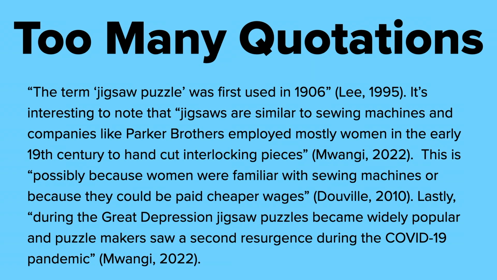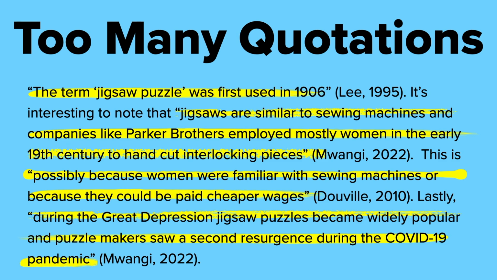So if you take a look at this paper here, it looks pretty good, right? However, if we start highlighting all of the quotations in here, we're going to find that the writer didn't actually do too much writing. Instead, they took a lot of quotations from other sources, and then they kind of tied them together by writing a word or two. Again, the purpose of writing a paper is for you to write the paper. So it's okay to use quotations once in a while if you have to, but your entire paper should not be comprised of other people's words that you have put together with a phrase or two.